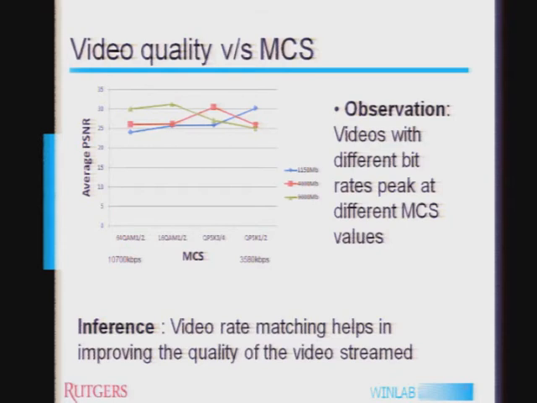So what we propose is, when your client is in this region, you take a 9 MB video, and as it moves away or as its channel quality drops, you pick a video that has a better quality. The observation we made out of this graph was that videos with different bit rates peak at different MCS values. We make use of that information to say that in this region you're going to stream a 9 MB video, and